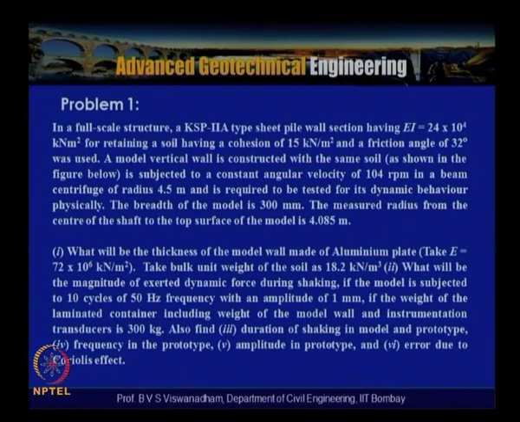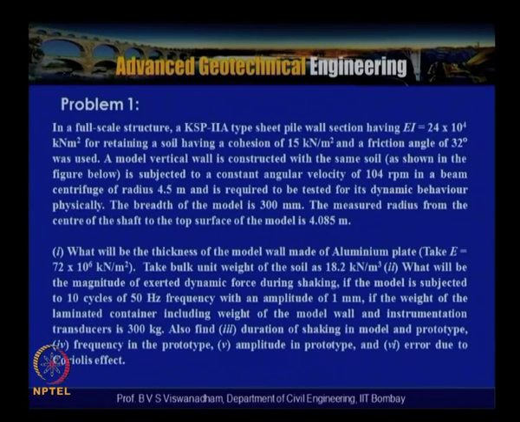Then, taking 10 cycles of 50 Hz frequency, we find the duration in the model, and the amplitude has to be n times that in the model, so that the details can be obtained. By calculating from the velocity magnitude, and by knowing V is equal to R omega, where R is known to us, that is R is equal to Re, and omega is the RPM converted into radians per second, we can calculate the model velocity. So 2 delta V by V gives the error due to the Coriolis effect. So this is the problem.